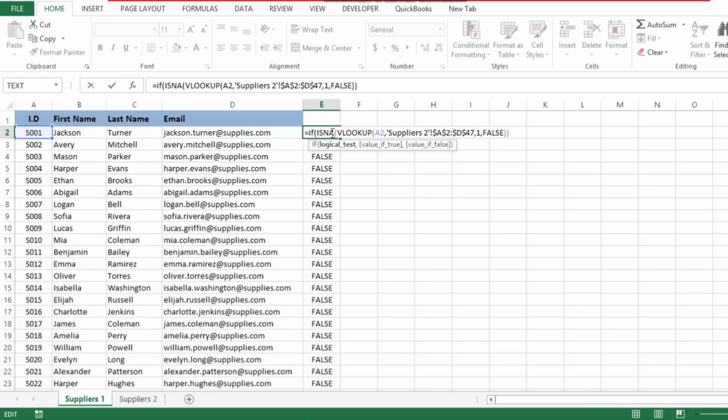So we keep the entire function as it is. This becomes the logical test of our IF function. Now here type comma. Now we add the value if the result is true. We want Excel to say not found, so type that in quotation marks here